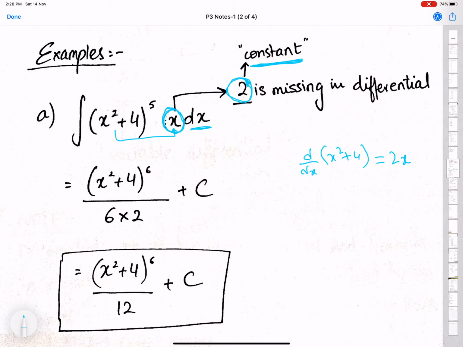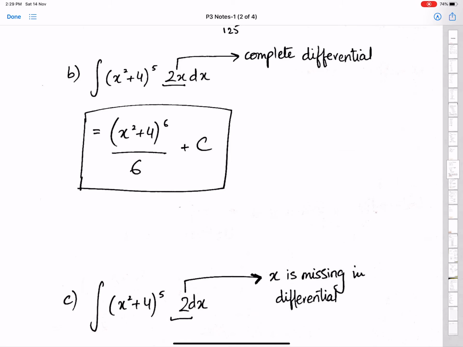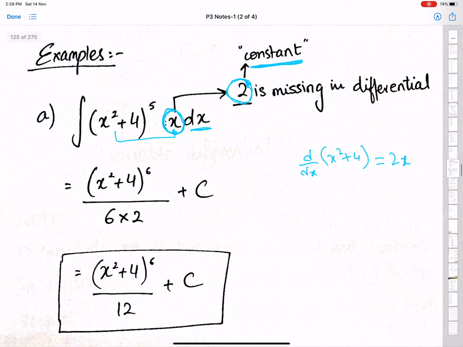So basic formula 1 can be used in two situations. Situation number 1, when the complete differential is there, like in this example, you can easily use basic formula number 1. This is the complete differential. Situation number 2, when there is an incomplete differential, like this x. So make sure the constant is missing in the differential. If a constant is missing in the differential, then you can still use basic formula number 1,